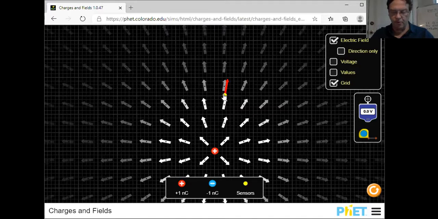I'm on number 3 now on page 2. Make a measurement of the electric field 1 meter away from the charge scale as shown in the bottom of the screen. Note that the units of electric field are volts per meter, which equals newtons per coulomb. Again, I worked it out for you in the chapter 18 video. Record the value below. So what we're going to do, and we're going to back it up with a calculation,